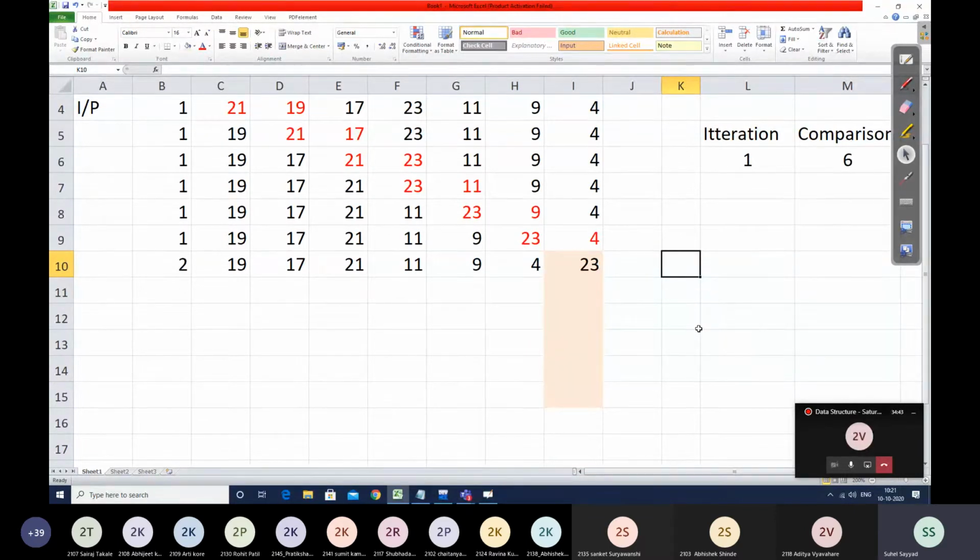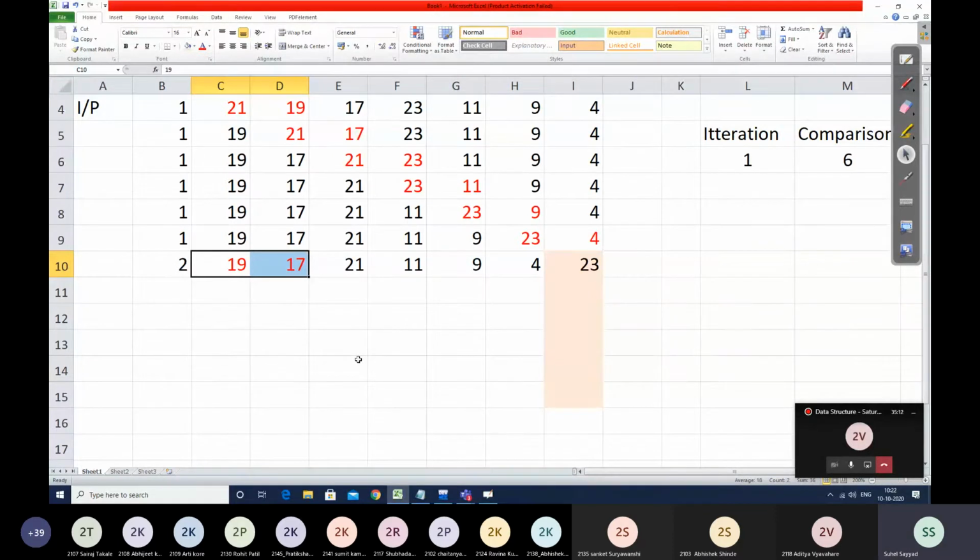Are you getting this, students? So now in this, first comparison will take place between 19 and 17. Same story will repeat now. Whatever we did in first iteration, we'll repeat now in second iteration. Compare 19 with 17. Whether 19 is greater than 17? Yes. So swap. Rest I write as it is.